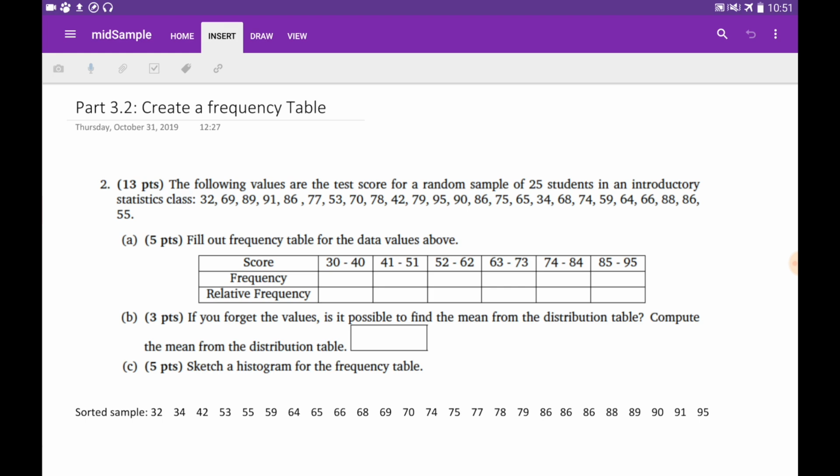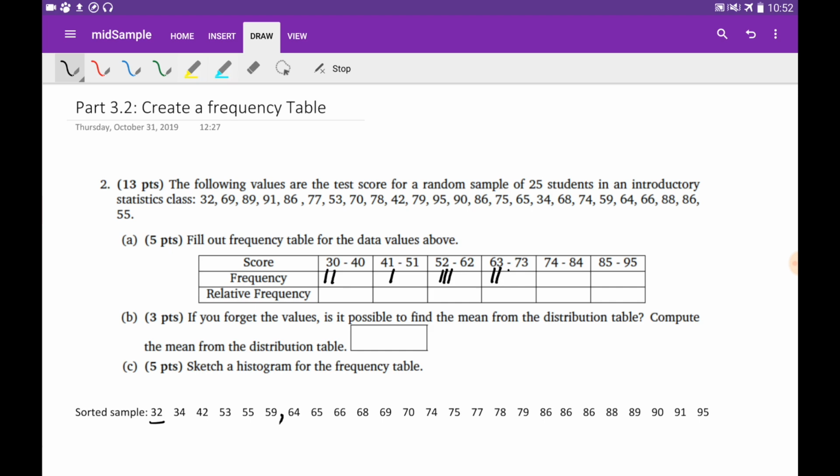In the second problem, we are given just the sample data. We need to find the frequency table, and we need to find the average of this frequency table. So first of all, it is better to sort the data. It will be easier for us to count the frequencies. So I need to start from here. So the 2 is here. So the 4, 42, 53, 55, 59,